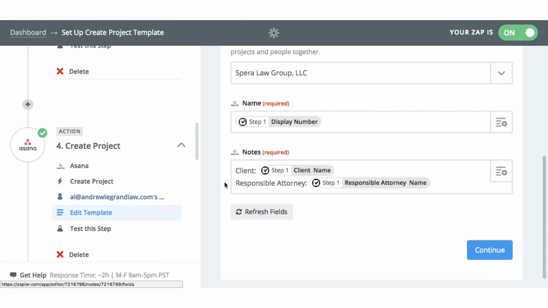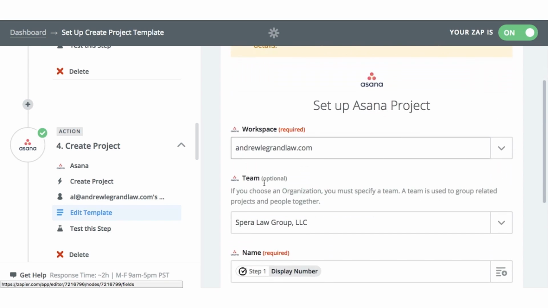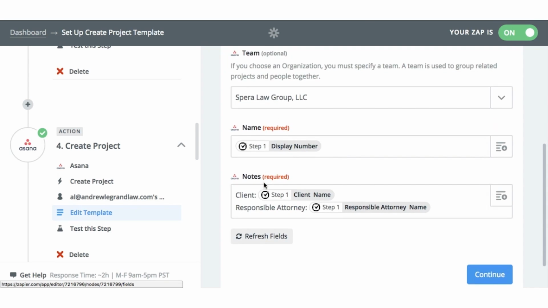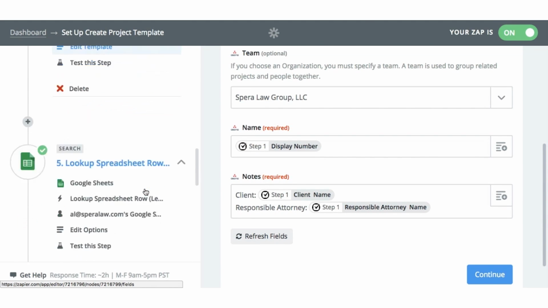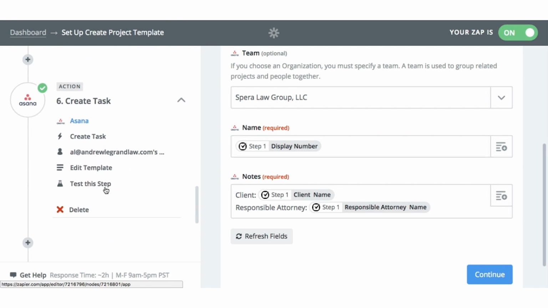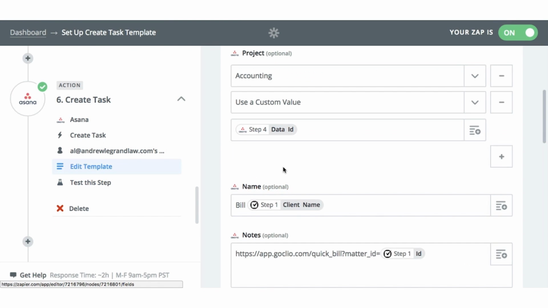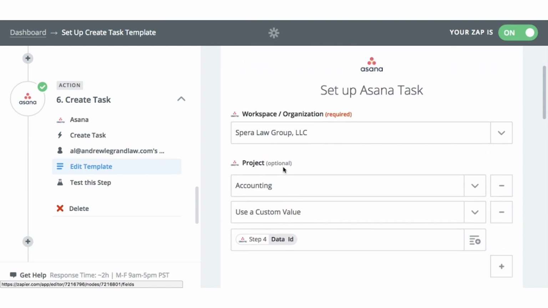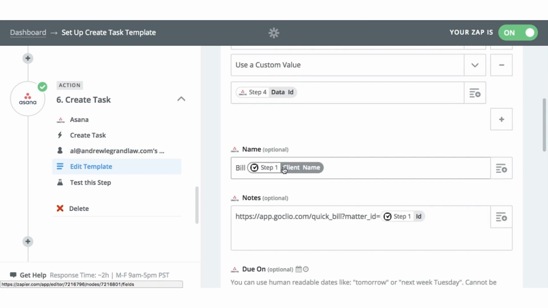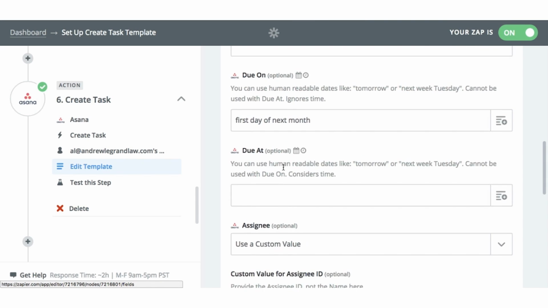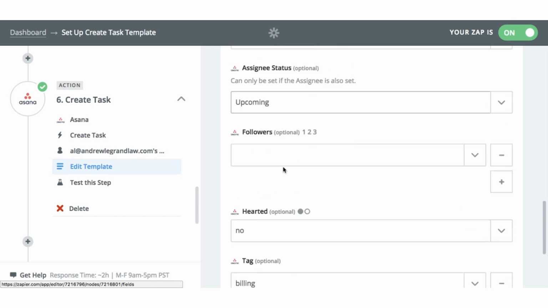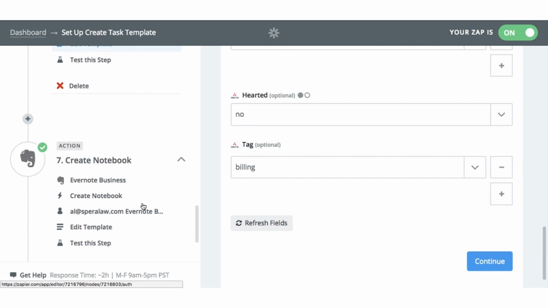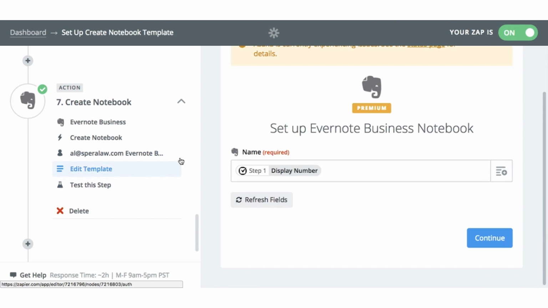And here, again, I mentioned you can download this later, so don't worry about taking too many notes. I'm going to allow you to download some of these videos so you can go home and view them later and see what settings that I have set up here. But again, it's all very easily customizable. So send an email, create this project, create this task within the project, create my notebook that I'm using for Evernote,